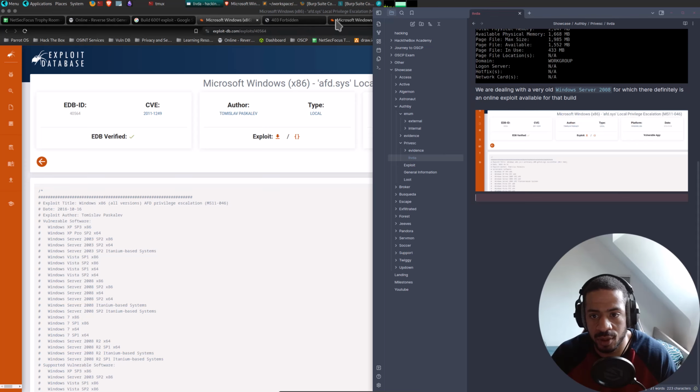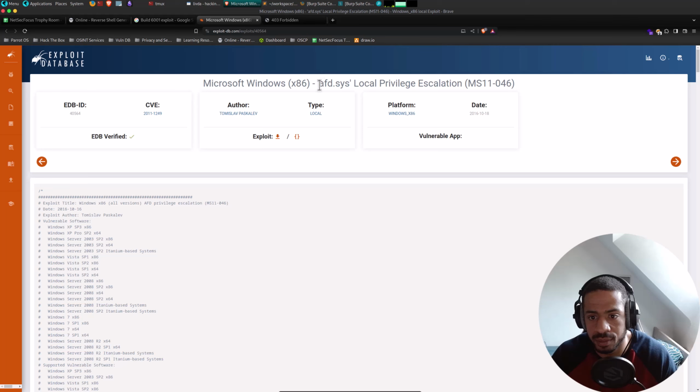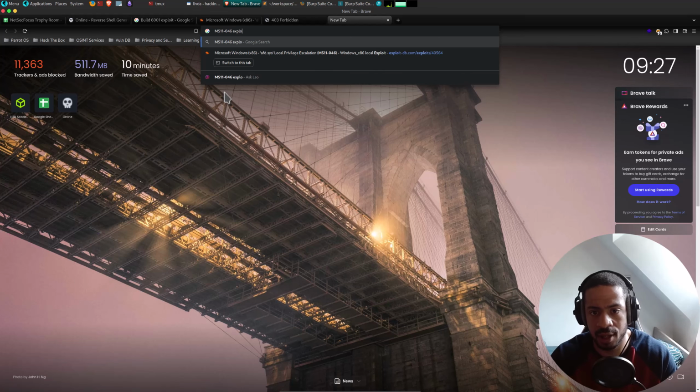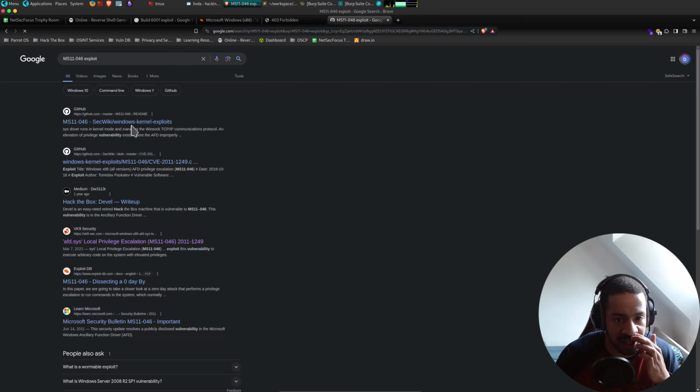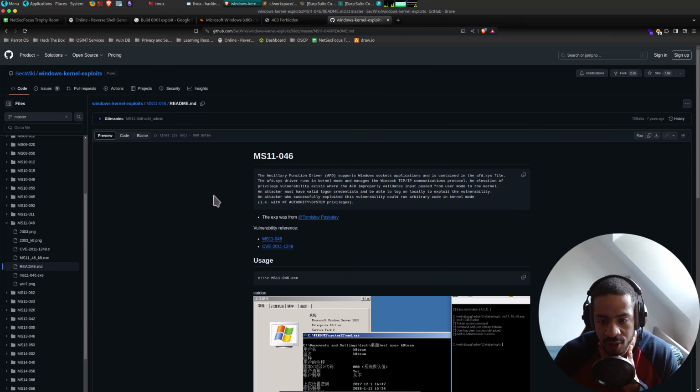So we find the exploit, but one thing I am looking for is I have forgotten how to compile these exploits. Let's look at it like this again. Windows kernel exploits.